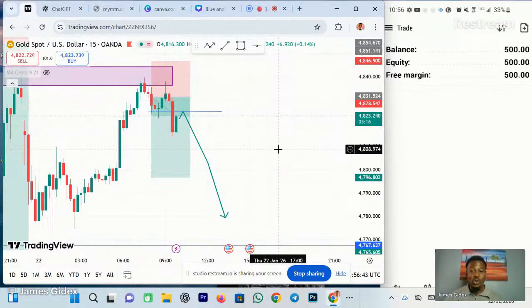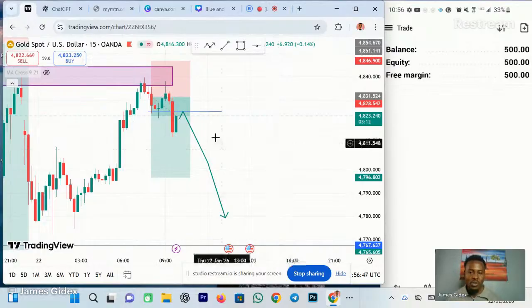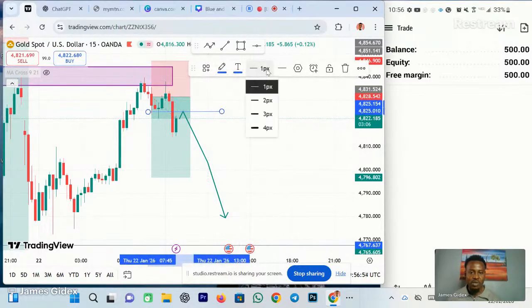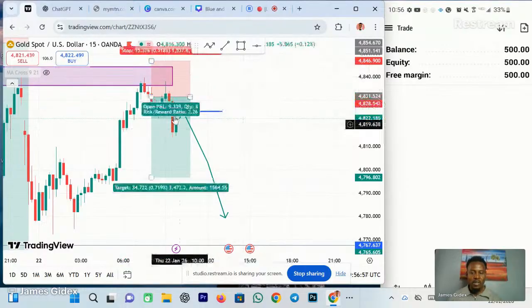To see what the market is doing so we can get into the market. As I told you guys, the market will eventually get to retest this particular trend line right here. Let me make it bold so you can see it. It will get over here to retest this level.